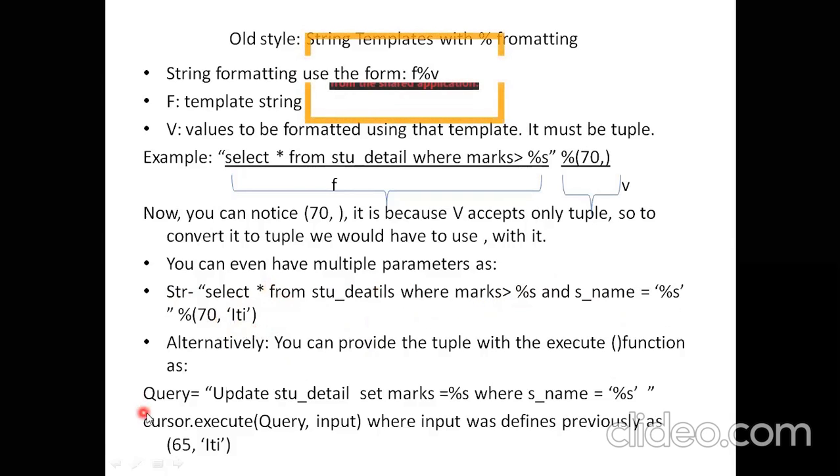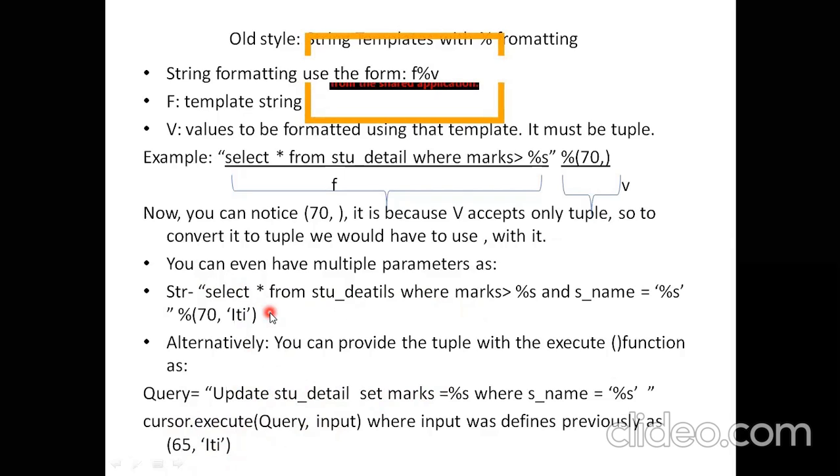So you can define your query separately, and you can put your values also separately by giving some name. And then you can just use cursor.execute and pass both inside this. So it will take your query, which I have mentioned separately like this, and it will take your input value also, which I have mentioned separately like this over here. So this is the same. This is not at all different. This is just to make it clear to you and a bit easier, because this is a very long sentence, difficult to understand.